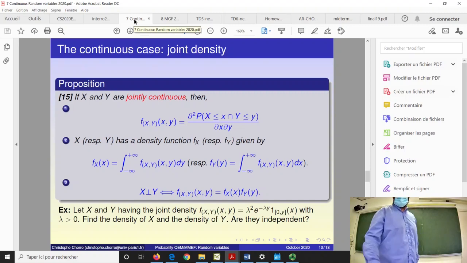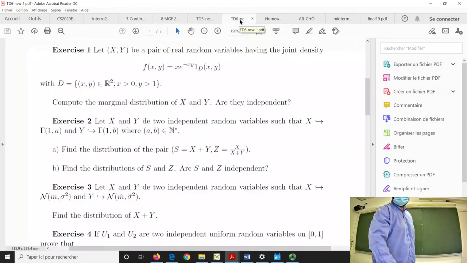Okay? So do it by yourself. Exercise 1 of list 6. So my joint density is given by